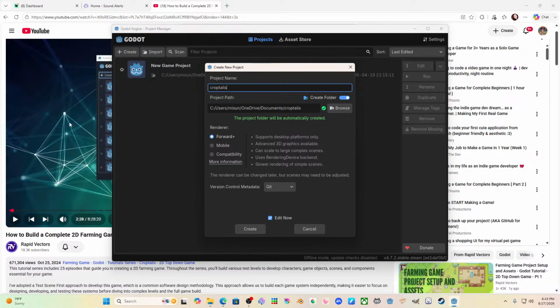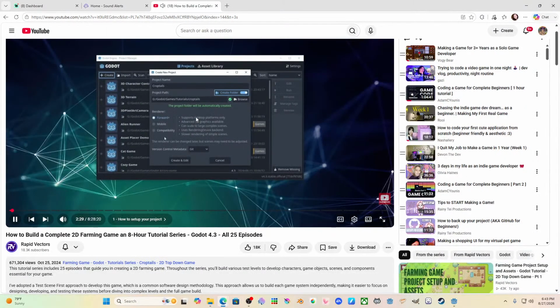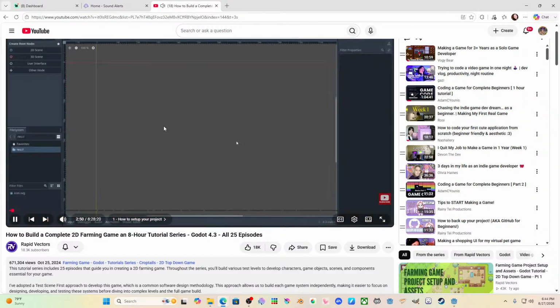On forward plus, and for version control we will just set this as none. However, if you do prefer to use Git and you do want to add this into your source control, then leave the version control metadata to Git and it will create you a git ignore file automatically in your game folder. Now let's select create and edit. Once the editor loads,